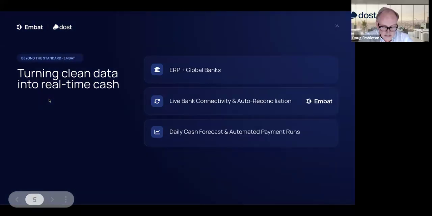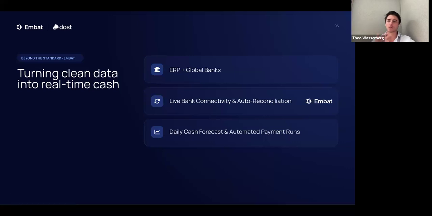Yeah, good. Absolutely. Look, maybe if I talk then about the MBAT side of the house. So MBAT obviously is more of a treasury management tool and cash management. I think it's important to walk through it.